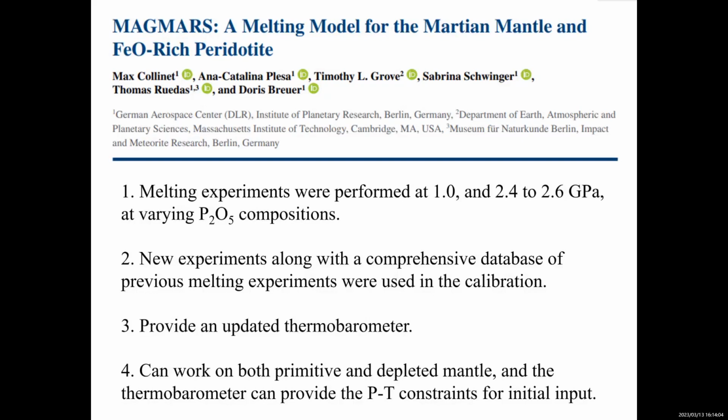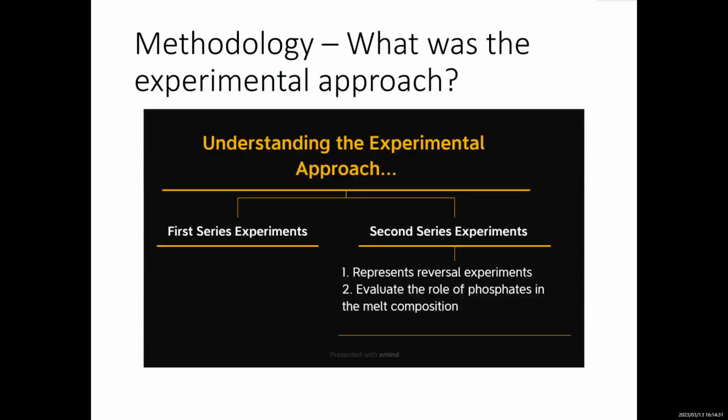And then they go on to answer the question, what is the source composition of the Martian basalt, by using the primitive or depleted mantle, and then looking at different melting conditions to see what their end results are. And then they try to compare with the Adirondack basalt to say which one is the likely one. So the experimental approach,